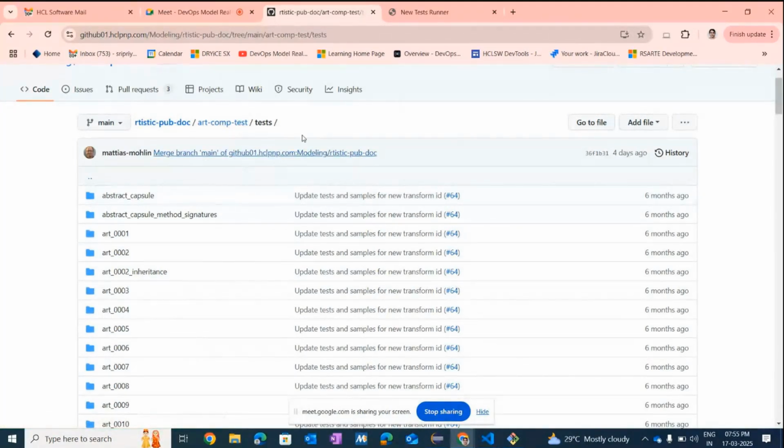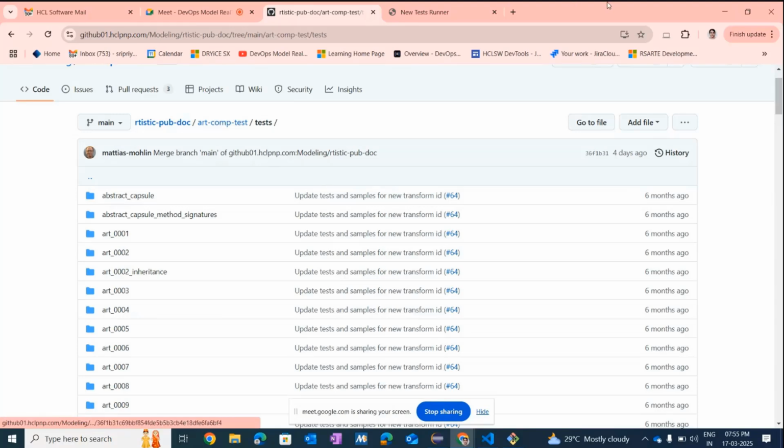These test projects can be used as a library, and the script would create a corresponding Model RealTime project with the test project having the library as its prerequisite, and then there would be a top capsule which has a part typed by an ART capsule. With this configuration, everything is automatically generated by the script and then built. When it's built, the ART compiler is automatically invoked by the model compiler, and then we have the executable built and tested.